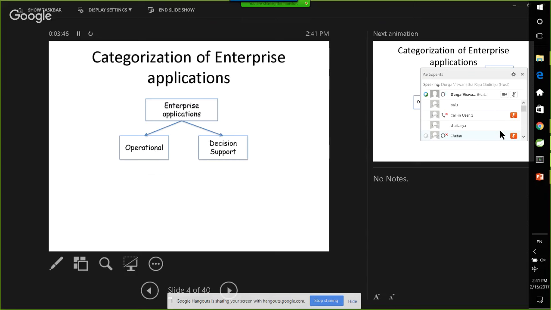Or if you want interoperability between multiple projects between different clients, that's where enterprise application integration comes into the picture. That's secondary, but primarily most of the applications are categorized as operational, which runs your business, and decision support, which will let executive management take certain decisions.